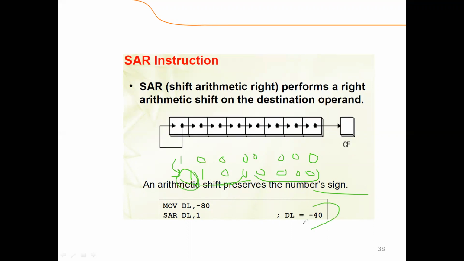So the result is minus 40. This is the difference between logical and arithmetic shift. In arithmetic shift, the sign of the number is preserved. If the number is negative, then the sign will be preserved. The remaining operation is the same, where the MSB will be replaced only by the sign bit of the number.